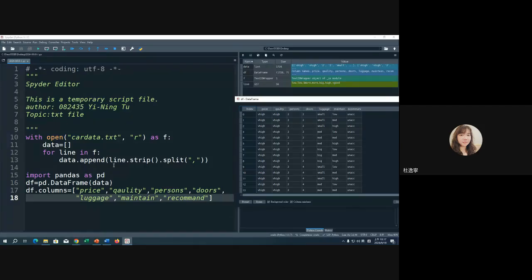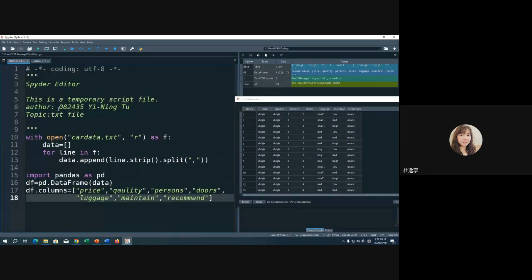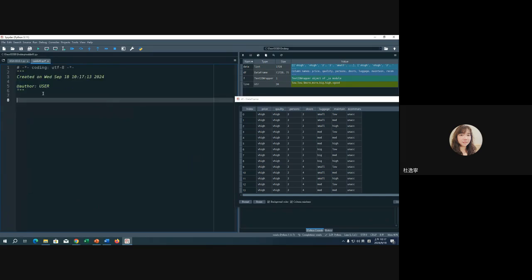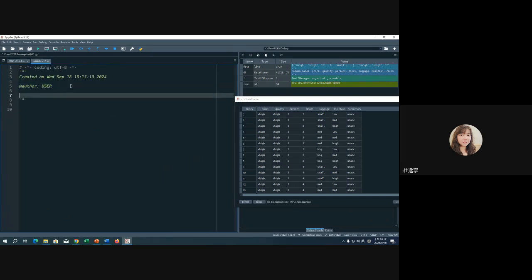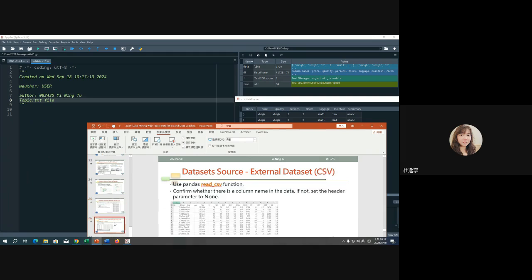First, we want you to handle the TXT file. Now I want you to try another. So please open a new file, and you can copy and paste the author. The topic we will exchange to another. The next one we will learn to use it